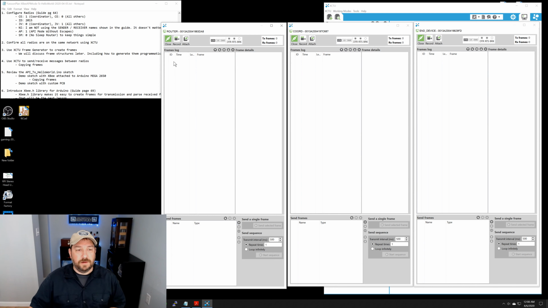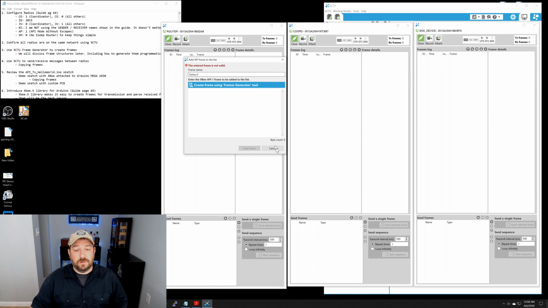I'm trying to click in there and then just type something. You can't do that in API mode. In API mode, we have to create frames. Now, I'm not going to go into a whole lot about frames right now, because that's going to be another lesson down the road. So what I'm going to do here is create one called